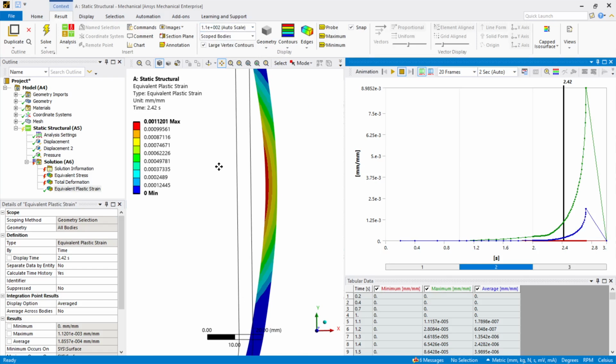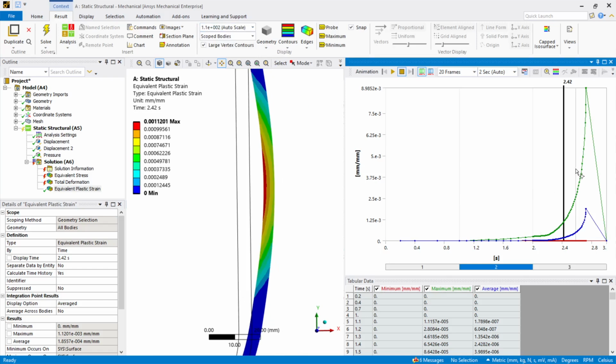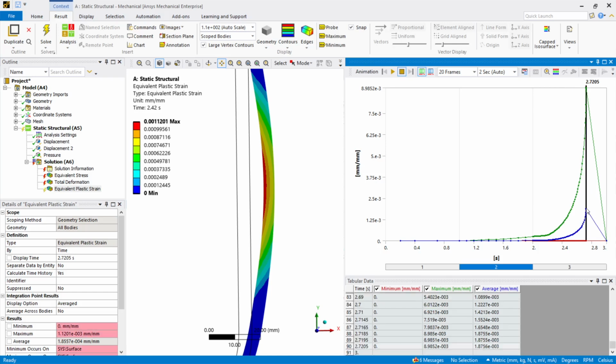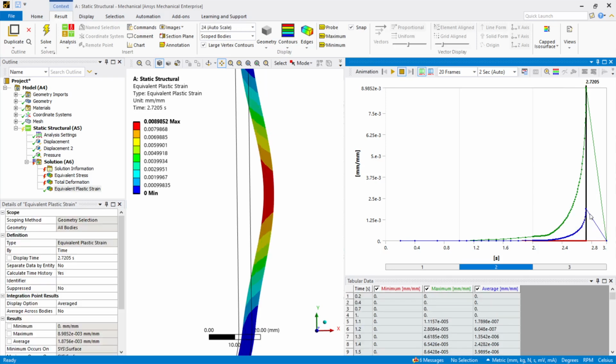You could call that the fully plastic state, or the limit load when the unit just completely fails is here. So that is the methodology to create a fully plastic state, and depending on what you want to use for your definition,